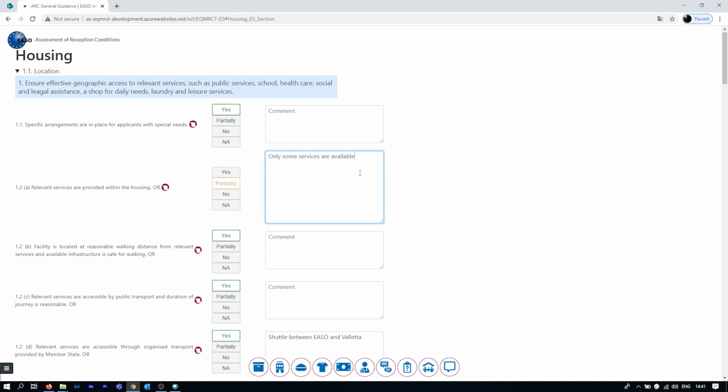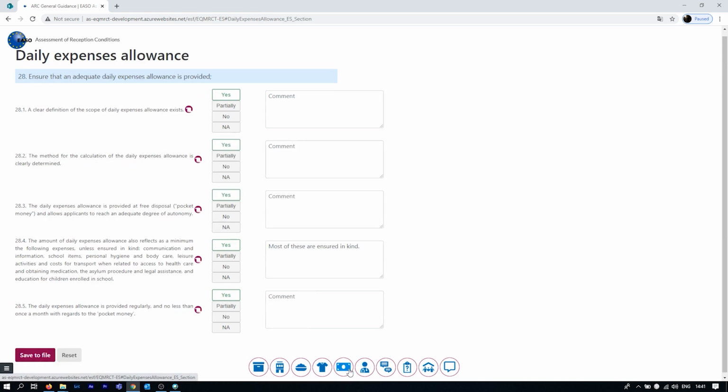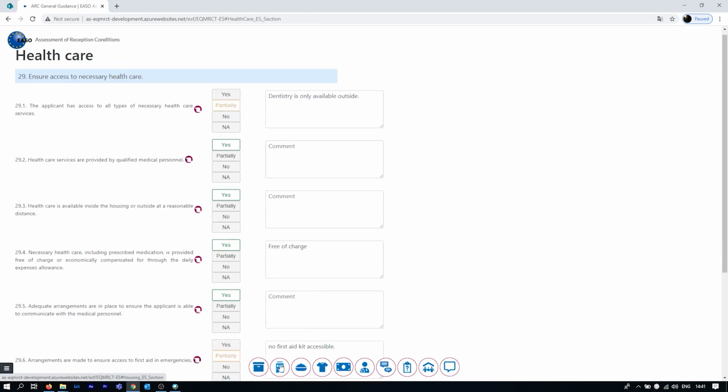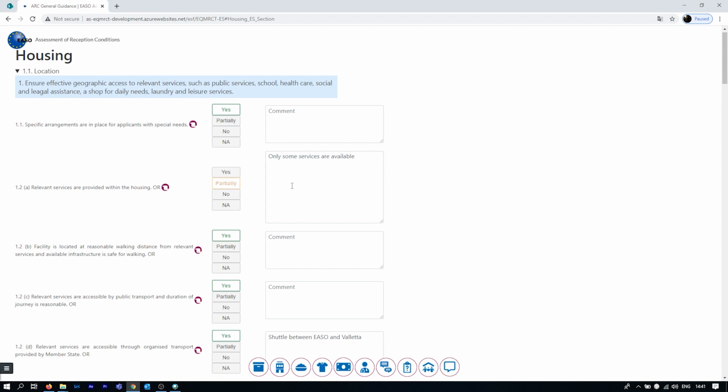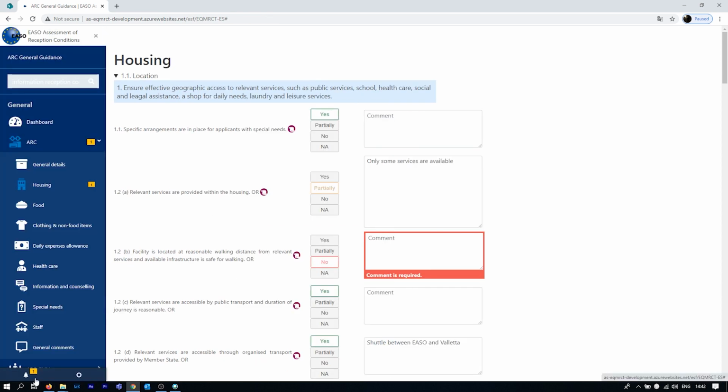As you go through the assessment, you can go from section to section and back without having to assess or fill in every indicator. If you give a no, partially, or not applicable value to a given indicator and do not comment, a notification will pop up on the sidebar.